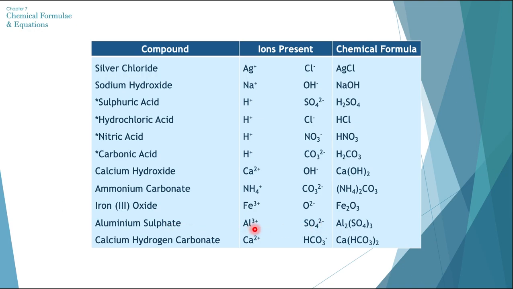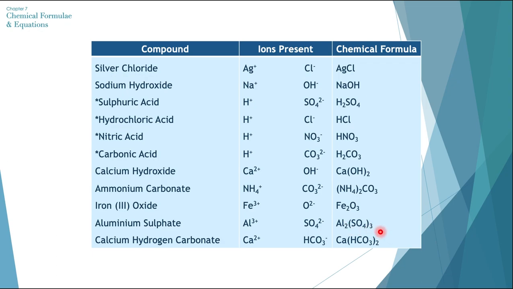But if we have a compound with an ion of a 3 valency but bonding with an ion of a single valency, then it will be simple. We will just need 3 atoms of the ions with a single valency to balance out with the aluminium or iron ion. But in this case with 2, what we do is that we double up the 3 positive ion so that its valency becomes 6 positive, and then we triple up the 2 negative ion so that its valency is 6 negative. So that is why aluminium sulfate's chemical formula is also